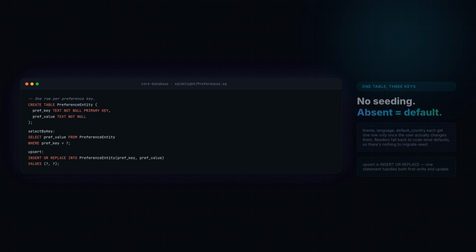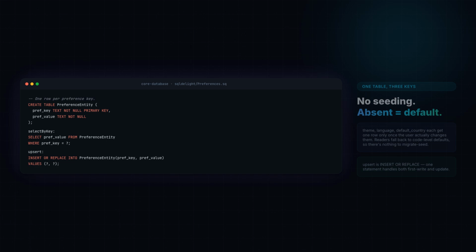Two queries follow. Select by key returns the preference value for a given key. Upsert is an insert or replace into statement. So the very same call handles both the first write and every subsequent update, no separate insert versus update branching